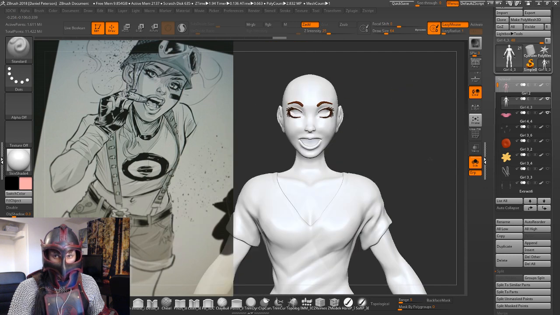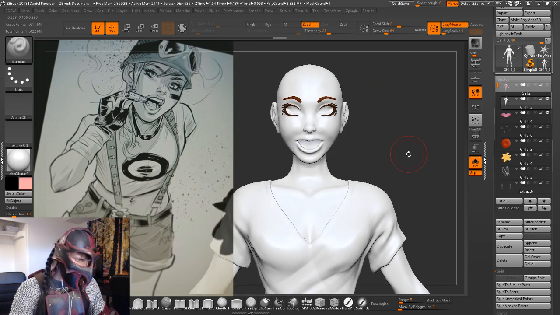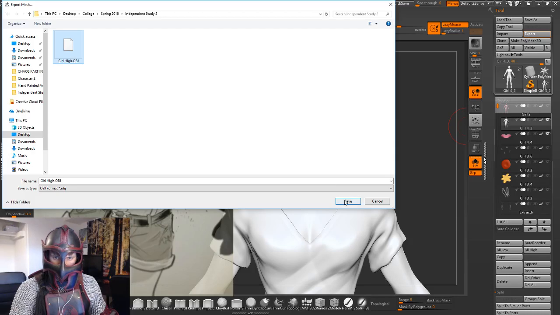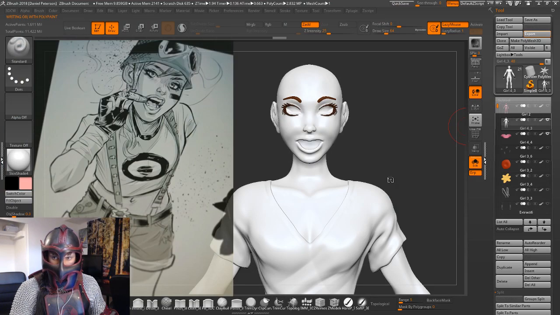However, I don't want to retopo the hat with the head. Sounds kind of silly to me, and it's a bunch of extra silly work. So let's go ahead and just export this bit. So export curl high obj. We'll just wait for this to finish,